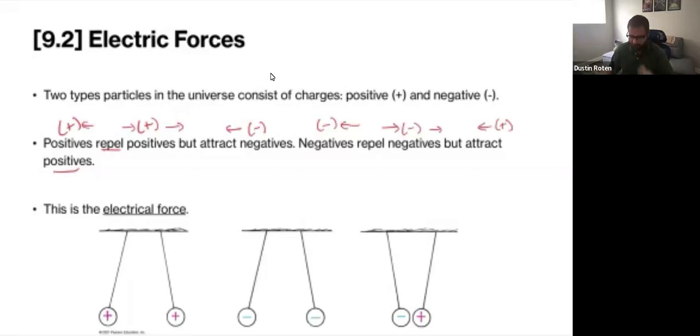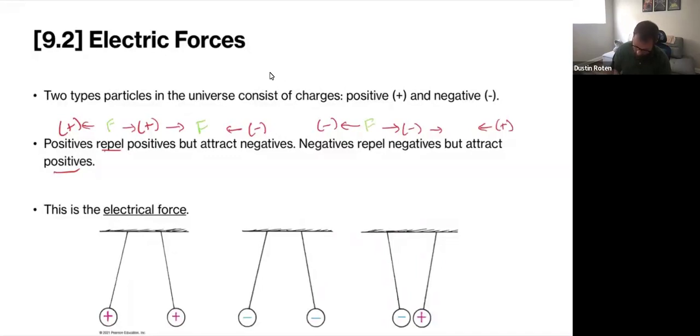So this force, this weird mystery force, I'll label it, this force interacting between these particles, this is the electrical force. We can see a visualization of pretty much what I've said here. You can see these two rods hanging. So these two rods, because of gravity, want to hang straight down,